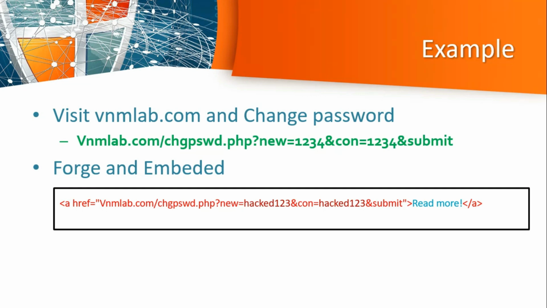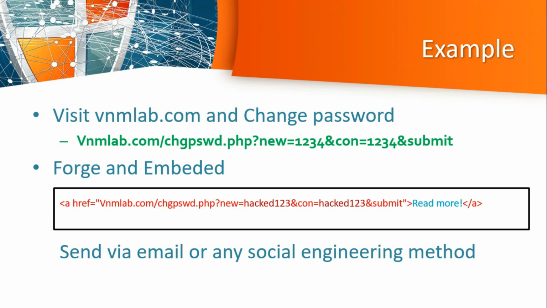As you can see in the presentation, the attacker has embedded the link via an a tag and sent it to me via email or any social engineering trick. Somehow I click on that particular link given by the attacker, and if I am logged in to the vnmlab.com application, then my password will be hack123